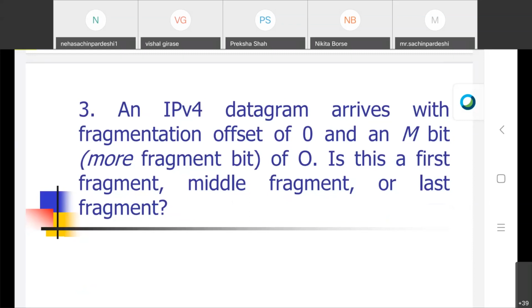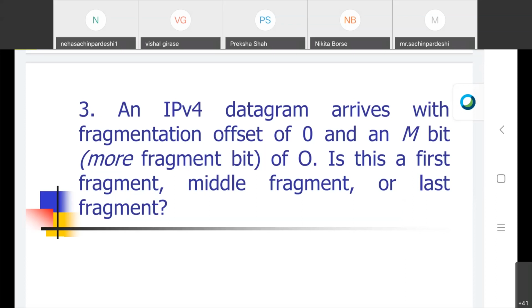Okay, so the third problem: an IPv4 datagram arrives with a fragmentation offset of 0, and the M bit, which is the more fragment bit, is 0. The question is, is this a first fragment, middle fragment or last fragment? Now, the offset value is 0. What does that mean? This is the first fragment